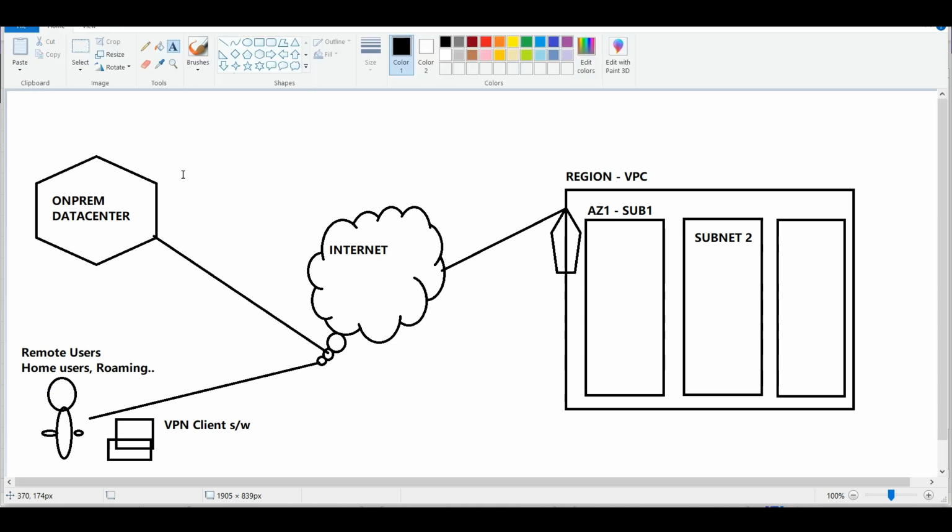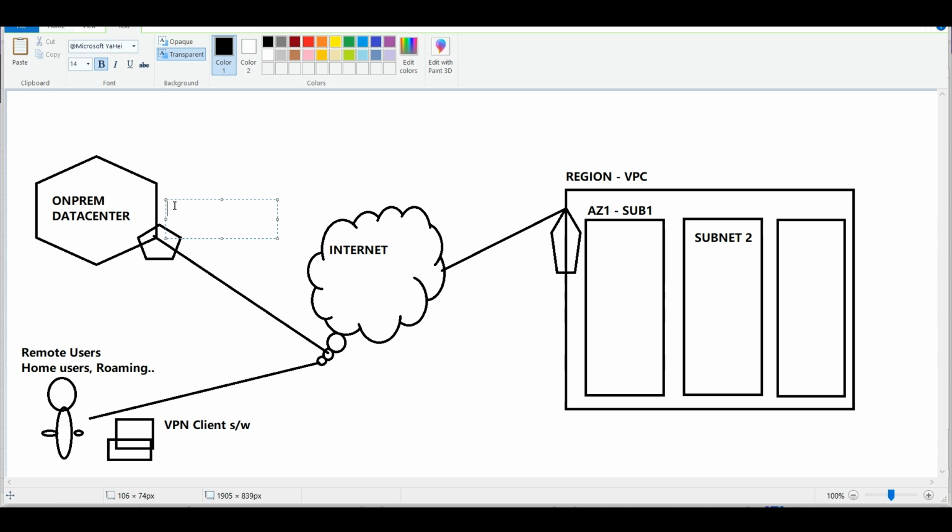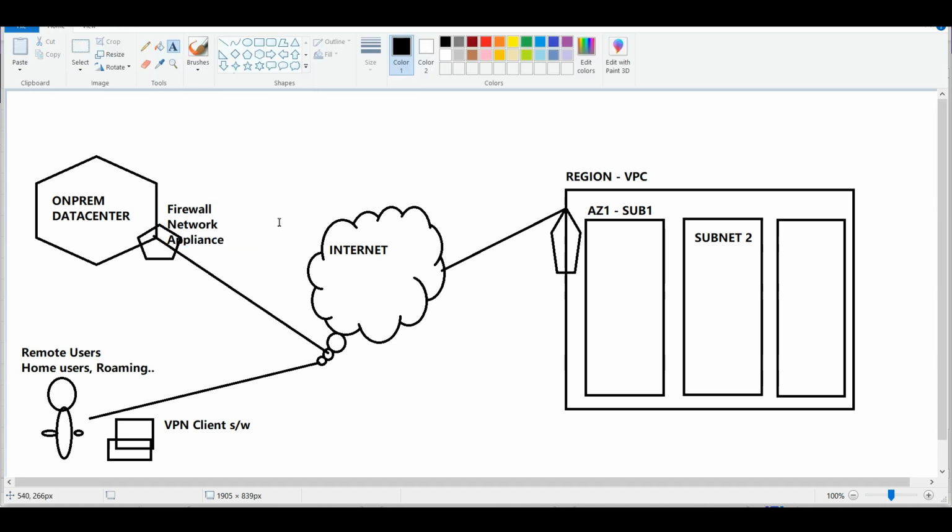But from the on-premises data center, each and every end user will not have anything, but they will have a customer gateway or a similar kind of setup. This can be a firewall, or it can be a multi-purpose network appliance, or it can be a VPN client appliance that can connect all the users connecting from the on-premises